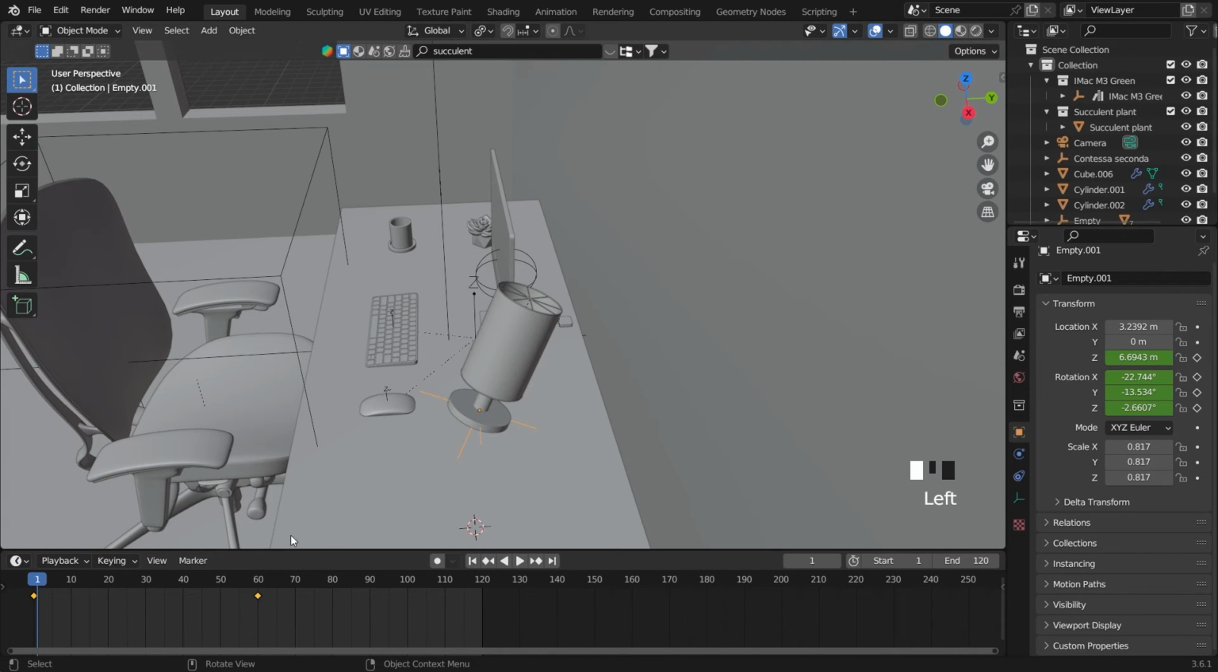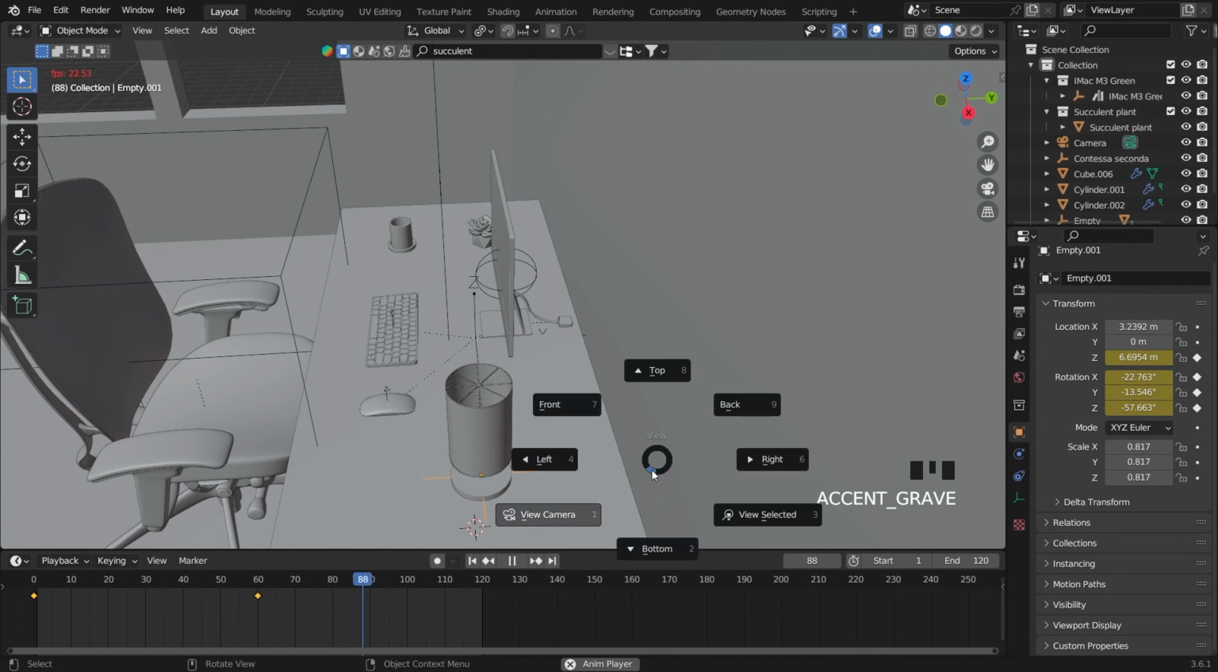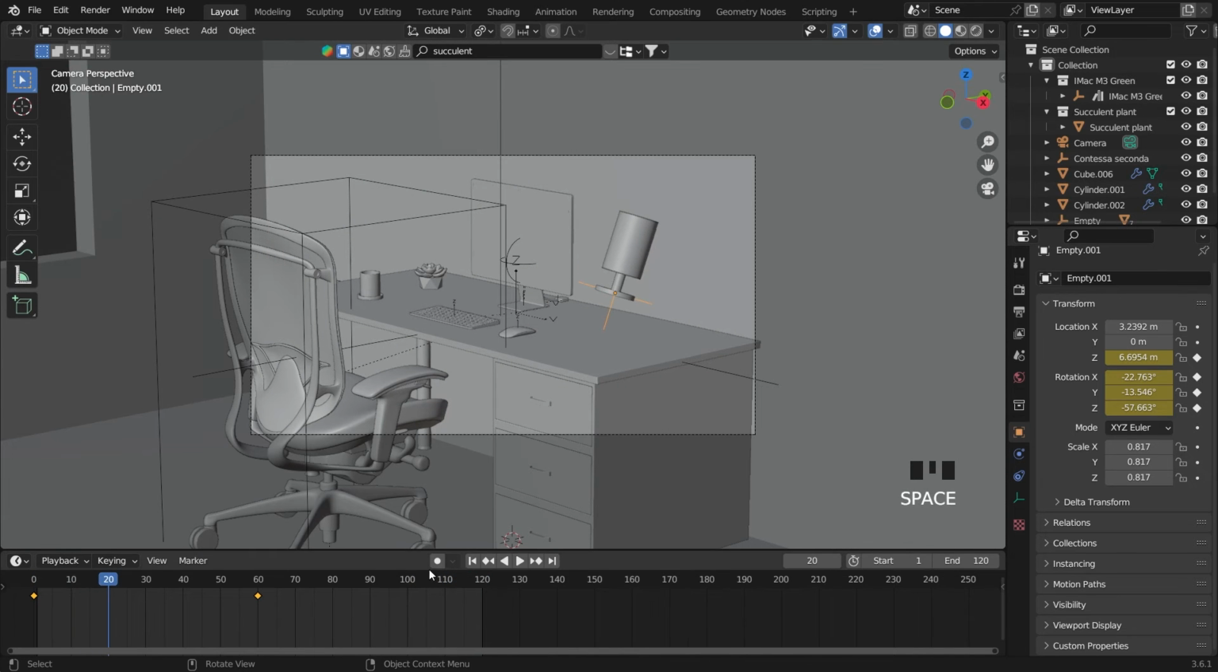Alright, but here there's something I want to change, which is this one. We can move it here. I bet something like this. We can see that's cool. So now we can take it back to the camera and choose this